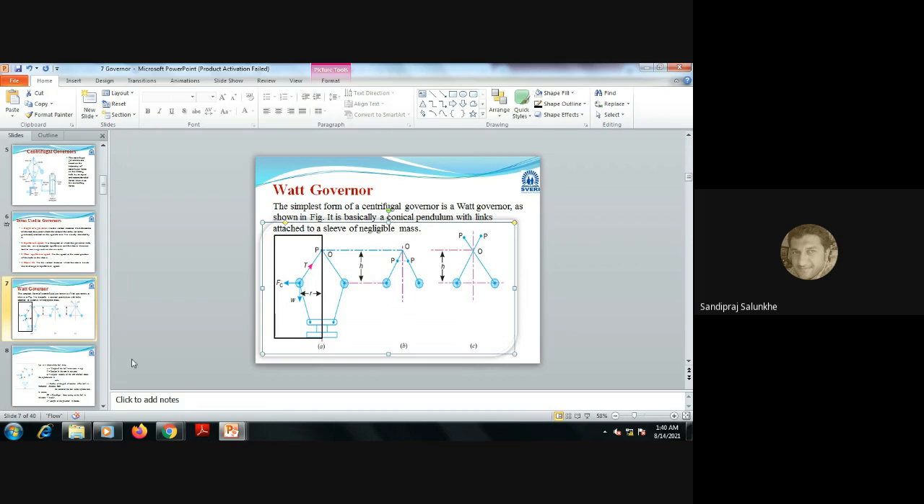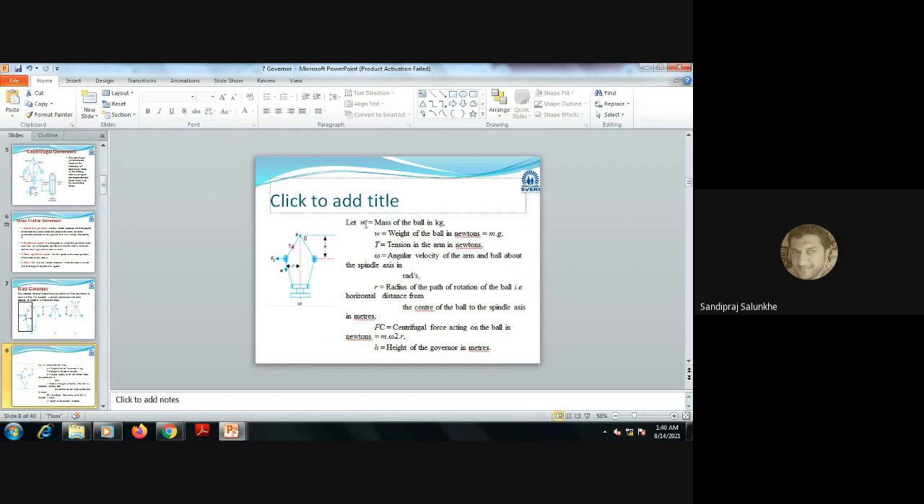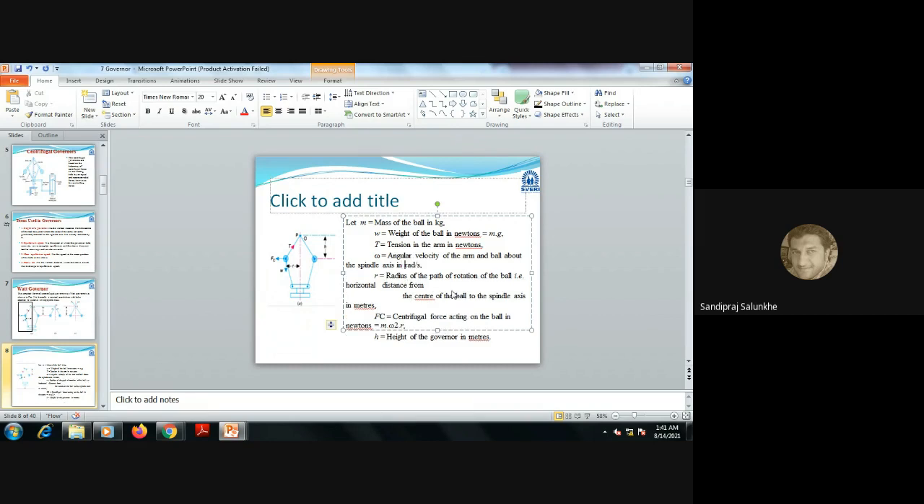So in case of this Watt governor, when we are going to consider m as the mass of that fly ball, W is the weight of that fly ball in newtons, that is m into g. T is the tension which is generated in the upper sleeve, upper link. Omega is the angular speed at which the arm is rotating in radian per second. Small r is the radius of path of rotation of that ball. That is nothing but the radius of rotation. And